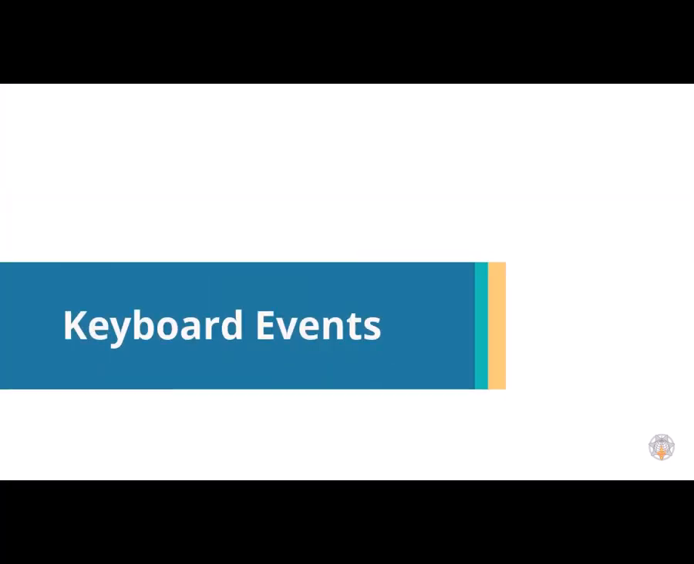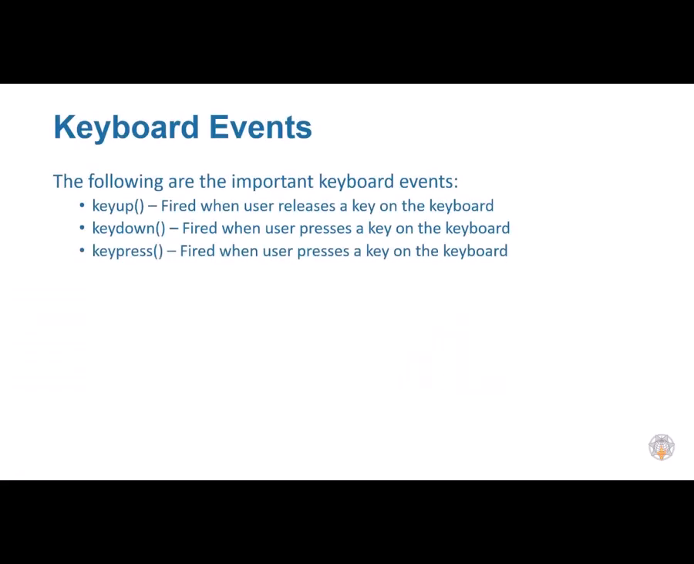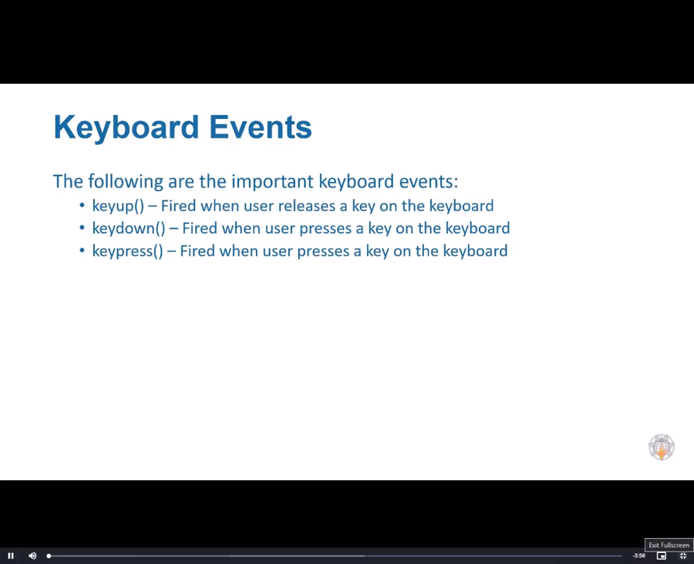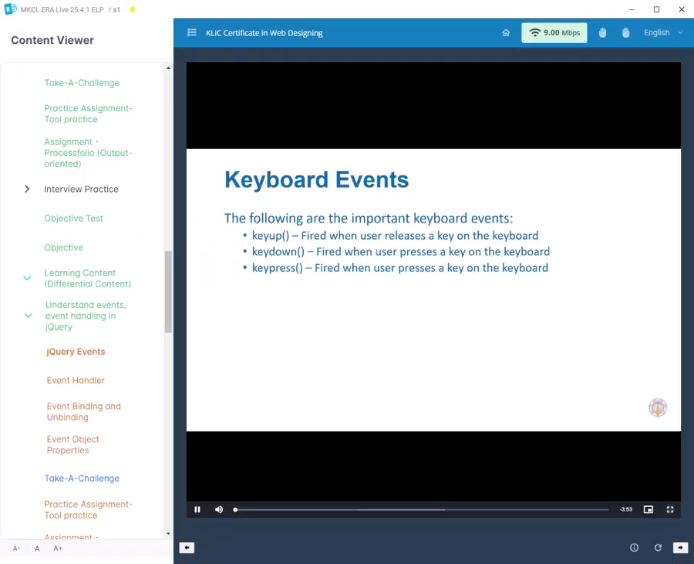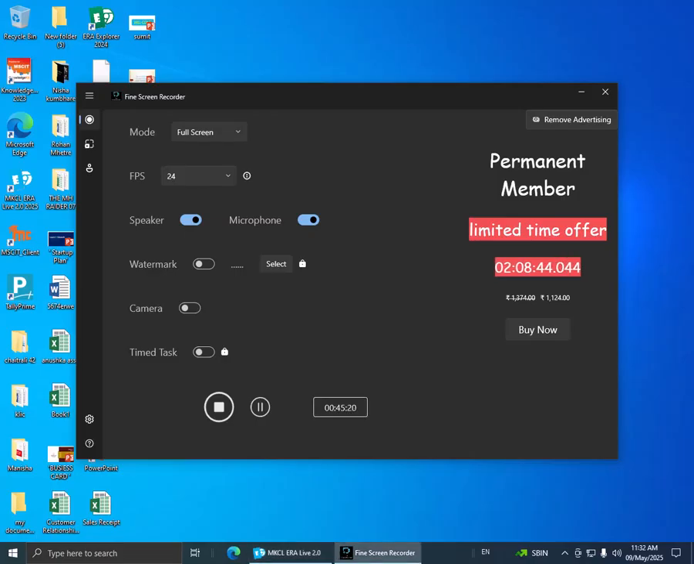Now, let us see keyboard events. The following are the important keyboard events: keyup, keypress, and keydown. Keyup fires when the user releases a key on the keyboard. Keydown is fired when the user presses a key on the keyboard. The keydown is triggered